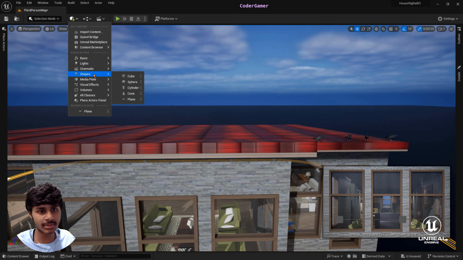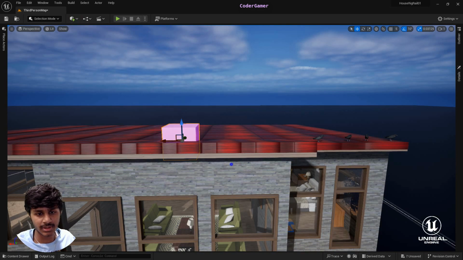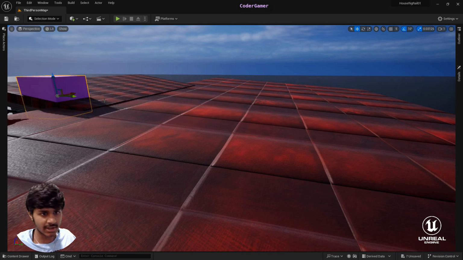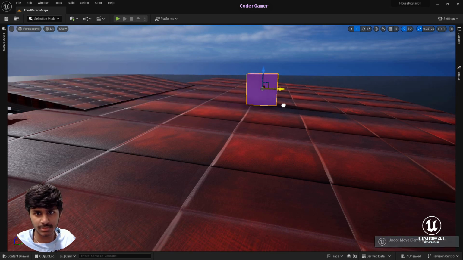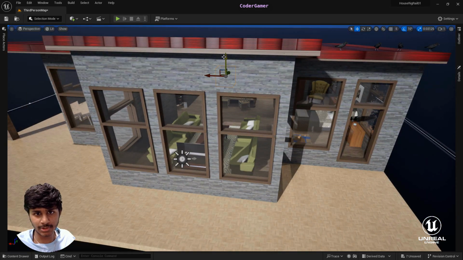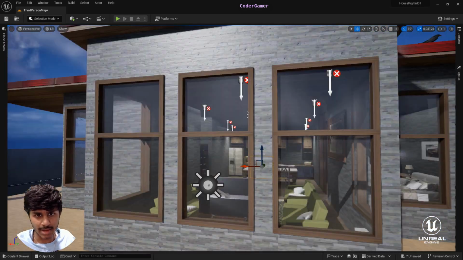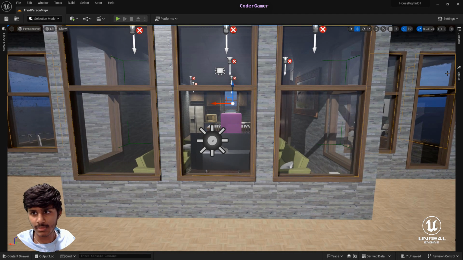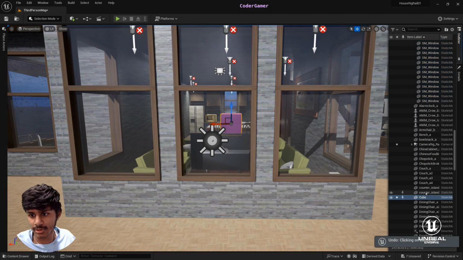Let me add a cube here, and we'll put it inside of the house, and we're gonna pull it down. So now it's there. It should be focusing on that point inside of the house. So my next step here is to hide the cube,